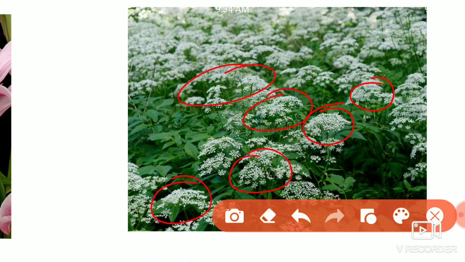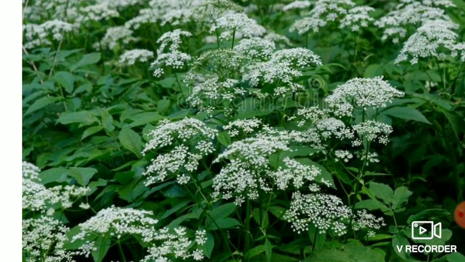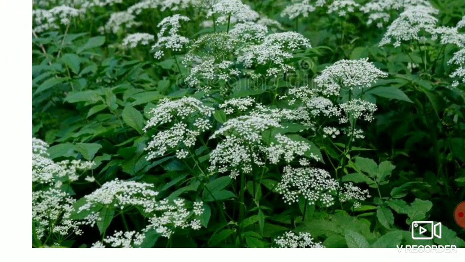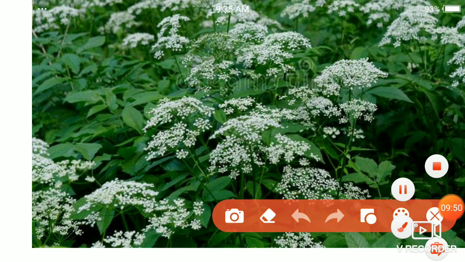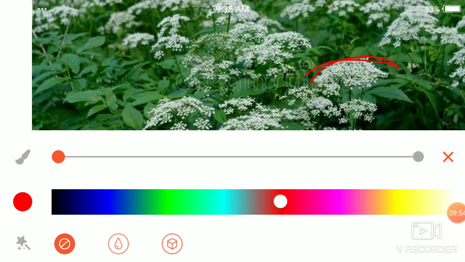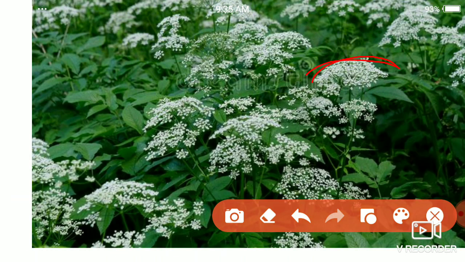You can see here there is no single flower. Bunch of flowers are there. Just see this, the arrangement. This is arranged in umbrella shape. All the flowers are in umbrella shape. This is called umbellate. You see here umbrella shape. The arrangement of the flowers are in umbrella pattern, umbrella shape of that.